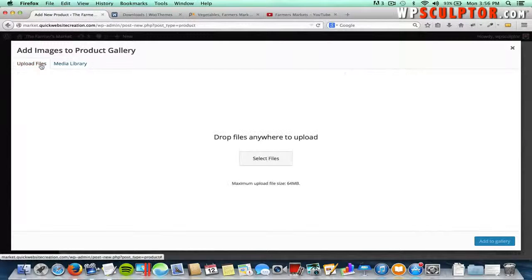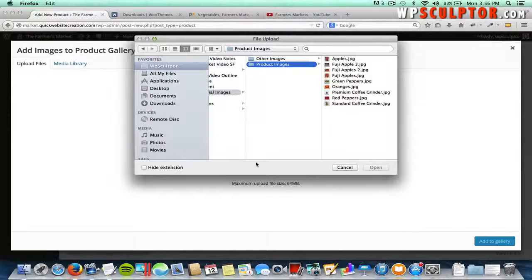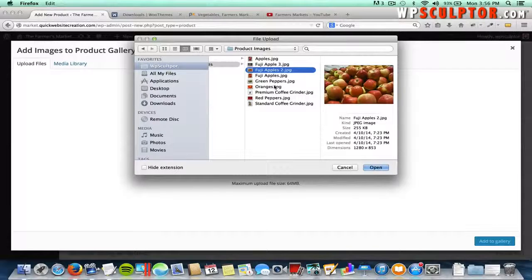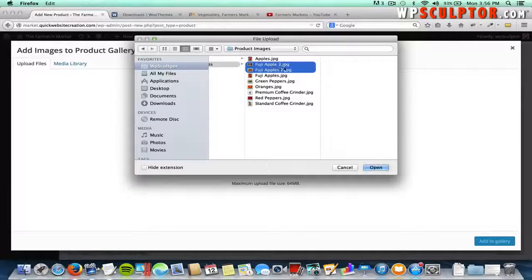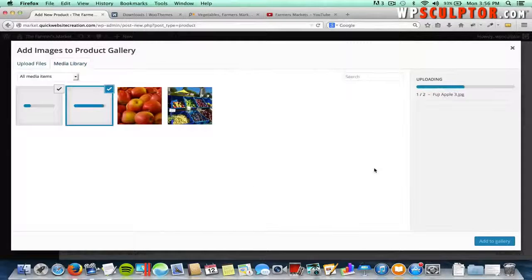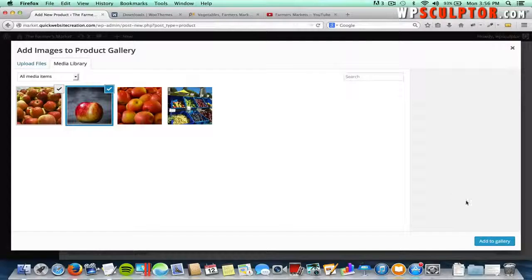and click on upload files, and click on select files. Again, these are on my hard drive, and I'm just going to click on the Fuji apples 2 JPG file, and then I'm going to shift-click on Fuji apple 3, and that's going to select both of them. And then click on open, and again that was just holding shift down on my keyboard when I selected the other one. And then I'm going to click on add to gallery, because both of those are going to be automatically checked once you upload them. Click on add to gallery,